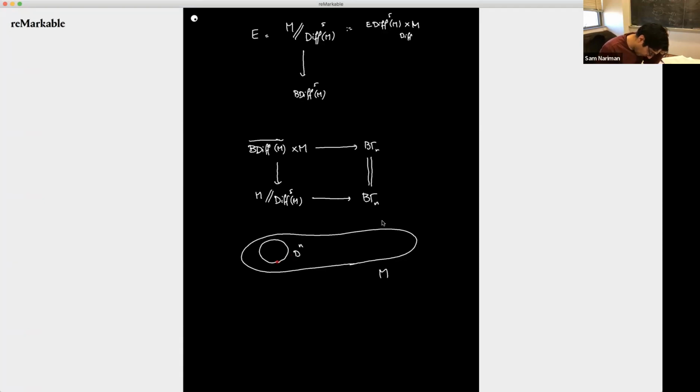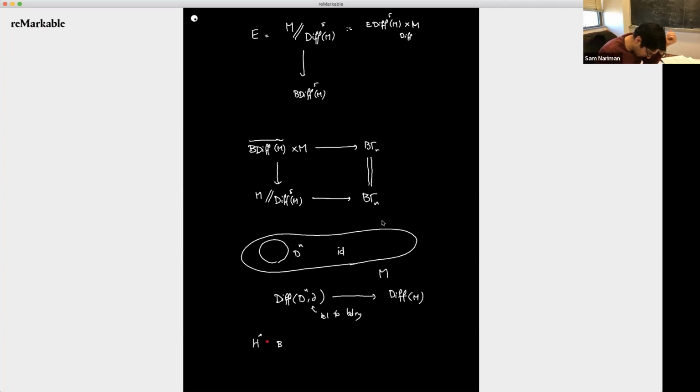Having a disk in M gives you a map from the diffeomorphism group of a disk relative to the boundary, and this maps to Diff of M by just extending by identity outside. Okay, so this induces a map from